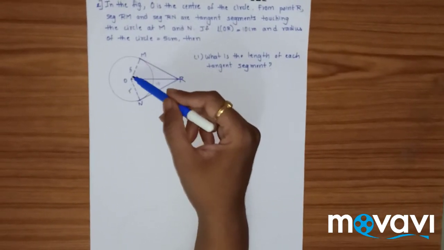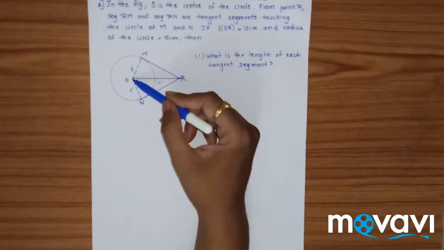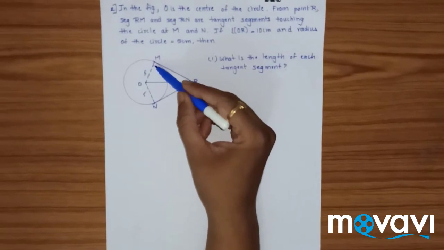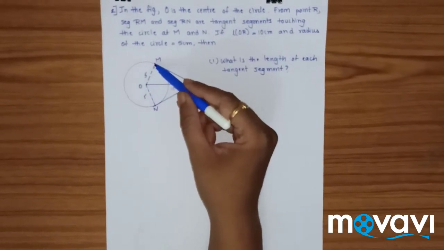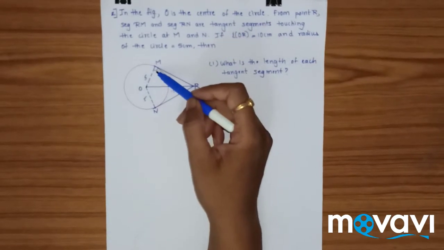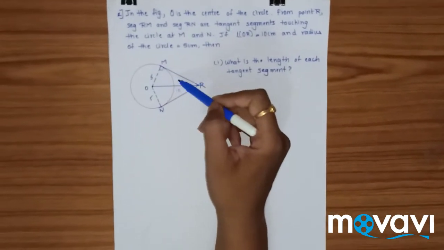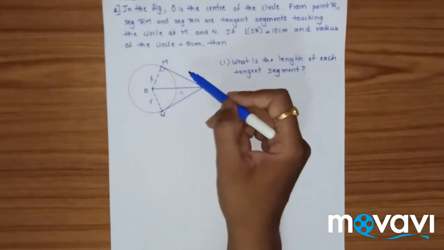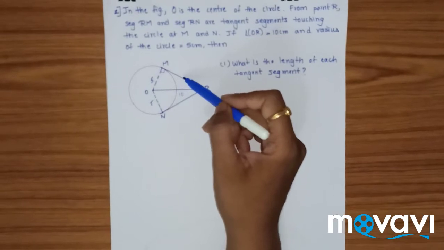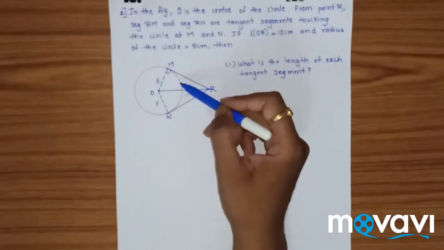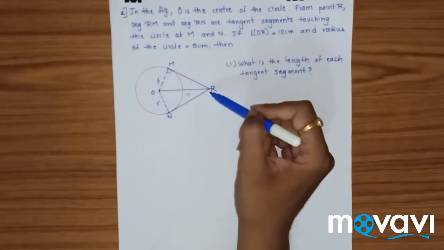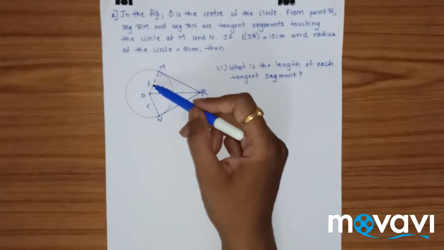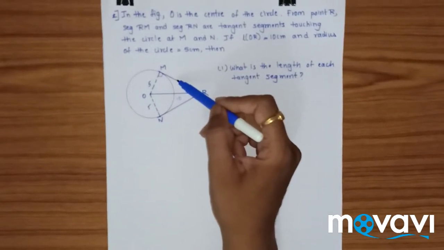Now let us take one triangle over here, that is OMR. Now OM will be perpendicular. Why? Because this is radius to tangent. So by the tangent theorem, this is 90 degree. So this becomes a right angle triangle, out of which we know two sides. We can always find the third side by using Pythagoras theorem. Now in this triangle, OR is the hypotenuse and OM is one of the sides of the triangle. So we need to find the second side of the triangle.